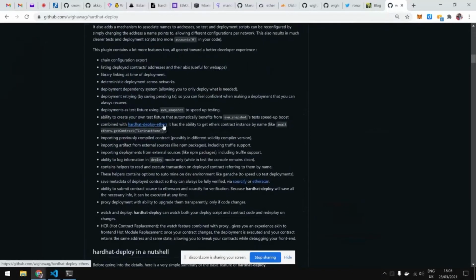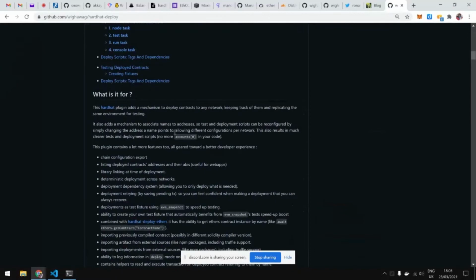When it was created in the first place, it was its own tool. So it was kind of a competitor of Hardhat and Truffle. And then I discovered Hardhat and I was sold. So basically the idea was, how can I bring the things that I have in this tool back to Hardhat? So I created this plugin that has basically all the features of the previous tool and more now.